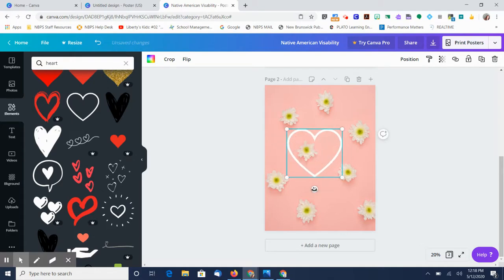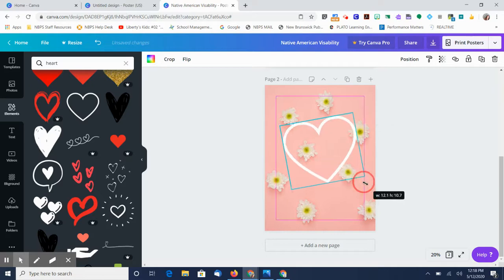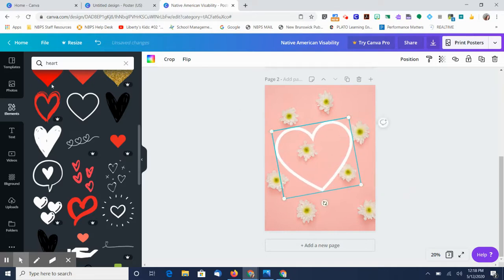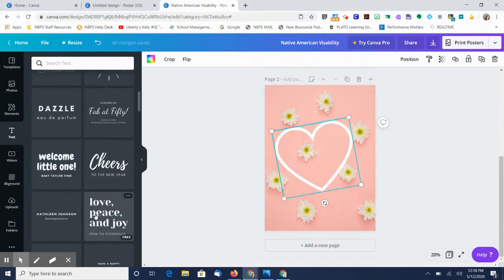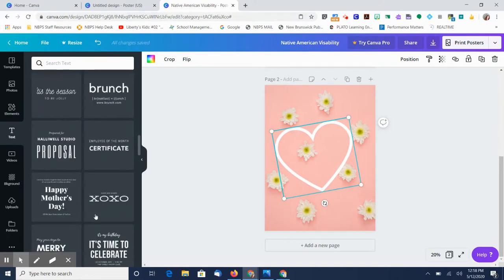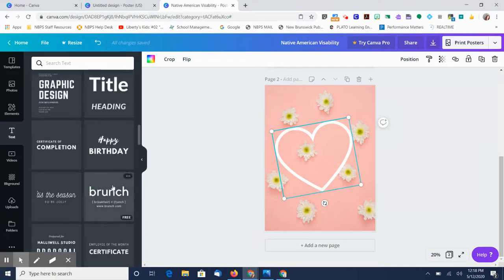And then I can rotate, I can make it bigger with this. I can rotate it like this. And then maybe I even put my slogan inside. I'm going to hit text. Again, maybe I like one of these. This one says,